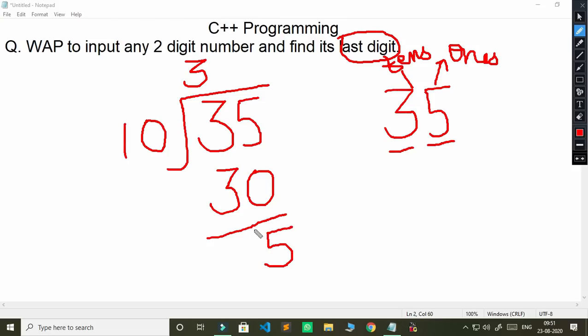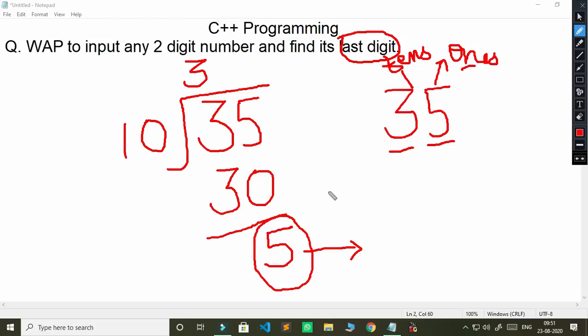So the remainder is 5, which means you have to extract the number 5 from this given number. It is on the ones place, and you have done this in your previous session also, when I taught you how to use modulus.